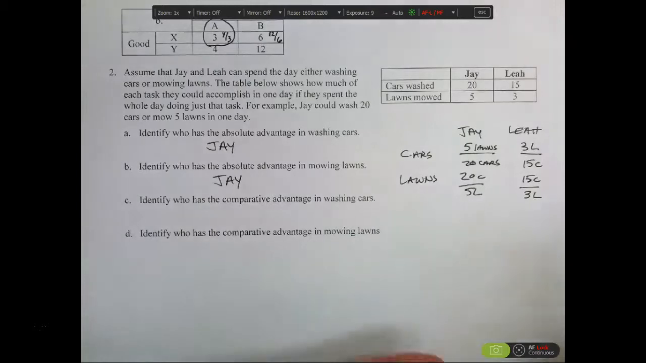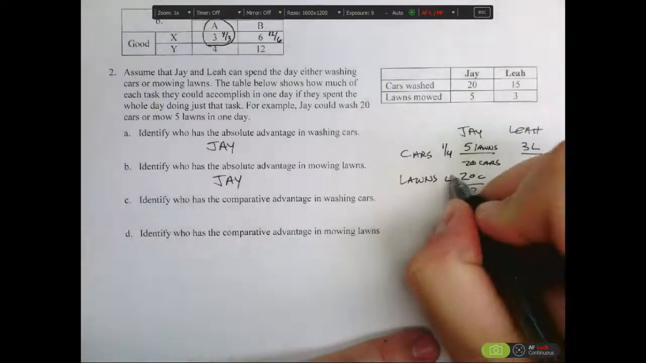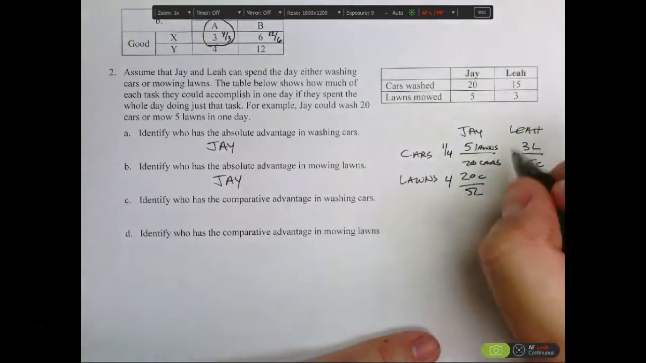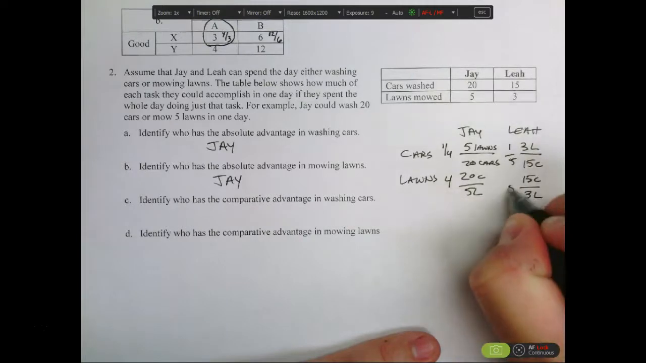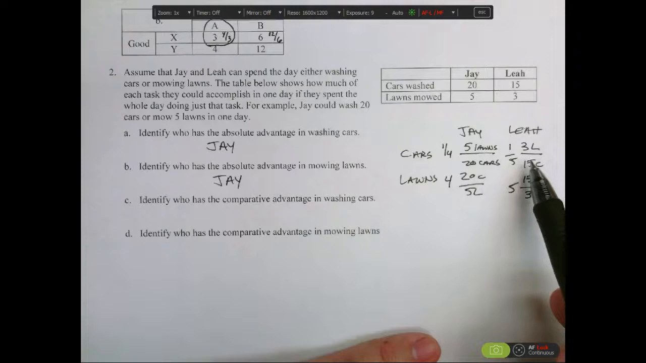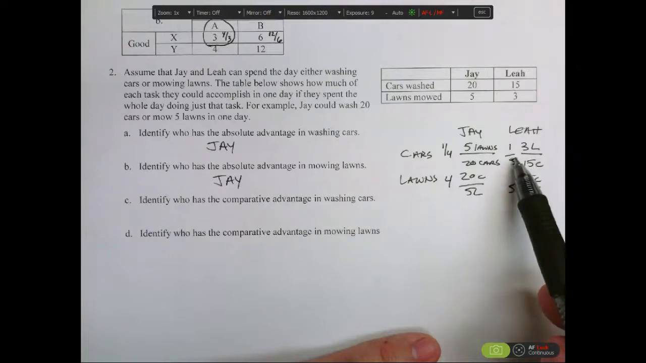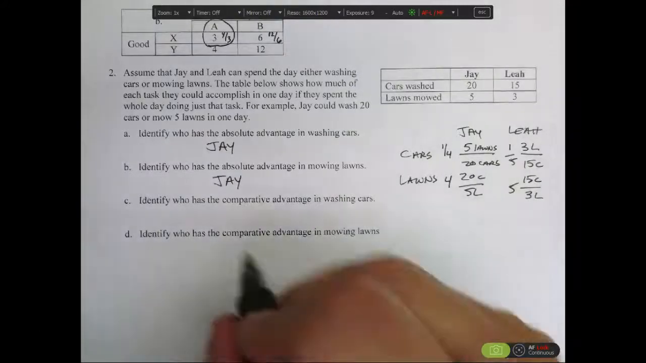And so we can kind of simplify some of these. We can say for Jay, he's basically got 1/4 and 4. And for Leah, she's got 1/5 and 5. When it comes to making cars, Leah has the lower cost because 1/5 is less than 1/4. So Leah has the comparative advantage in washing cars,